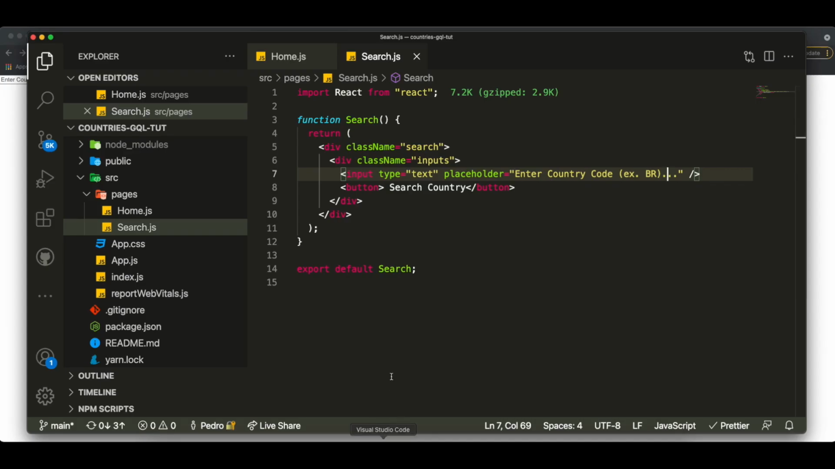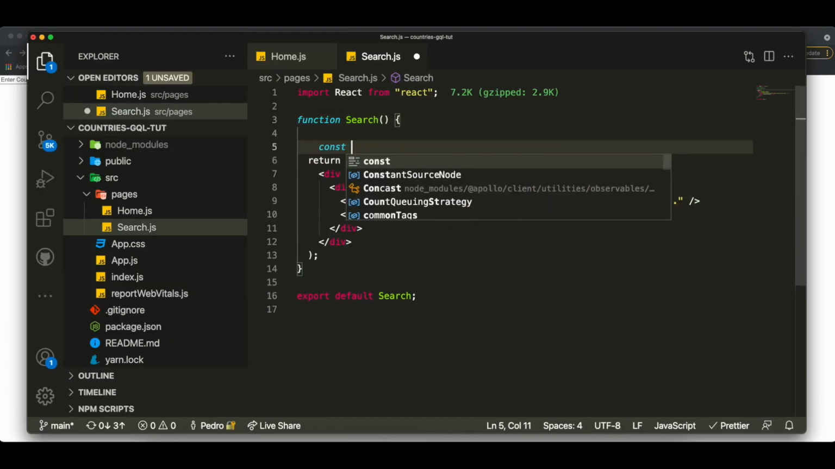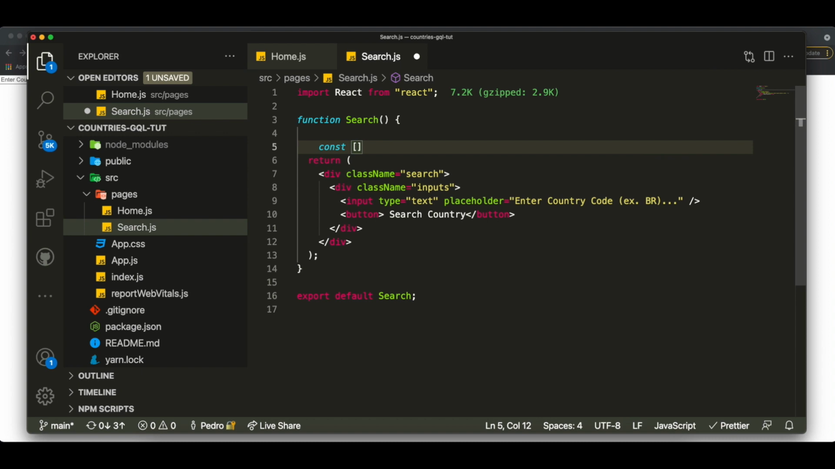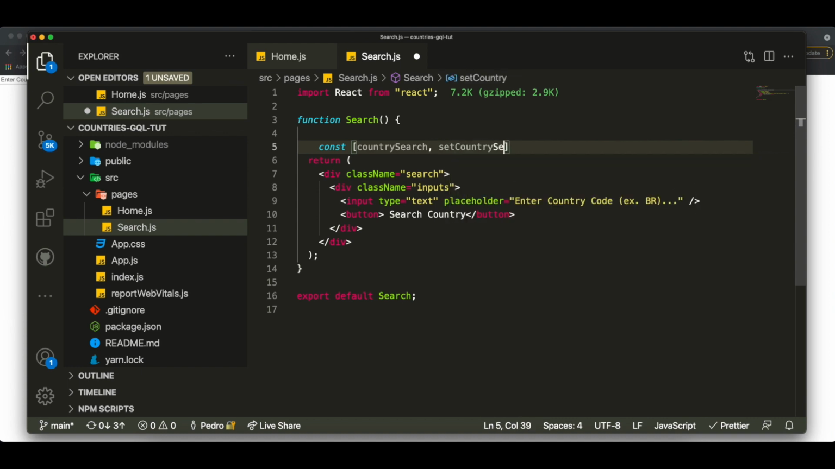And again, I'll edit the CSS later, but for now, what we want is to be able to grab the information from this input, click on this button, and make the request. So we need to grab whatever someone is writing in this input. To do that, we're actually going to create a state over here called country search, and then we need to pass a function called set country for search, like this, and this is equal to use state,